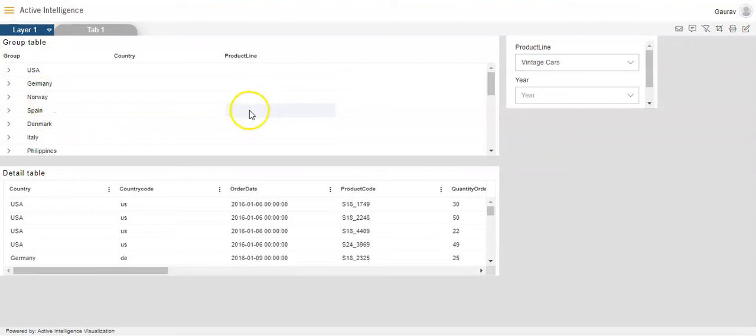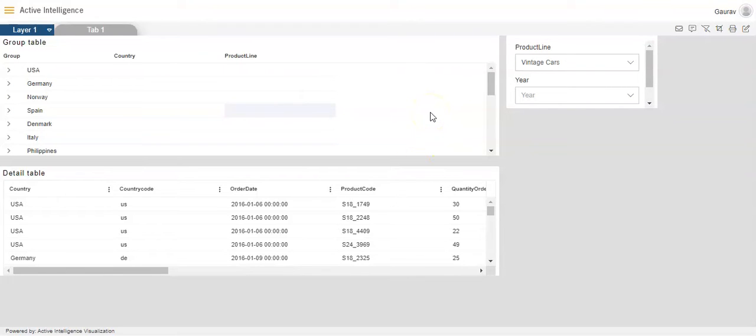Now, why this is getting collapsed is because the air filter is linked with the group table. And every time we select a data in the air filter, the event that we have put over here gets triggered, and the data in both the tables gets filtered.